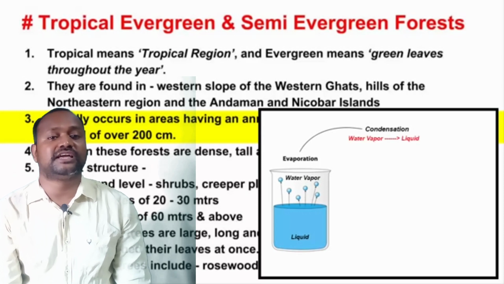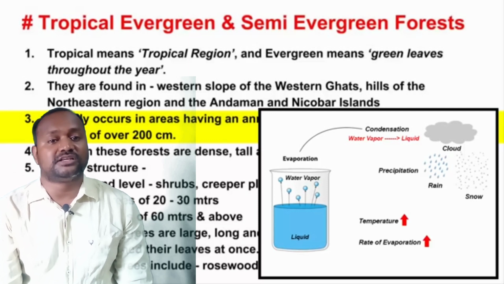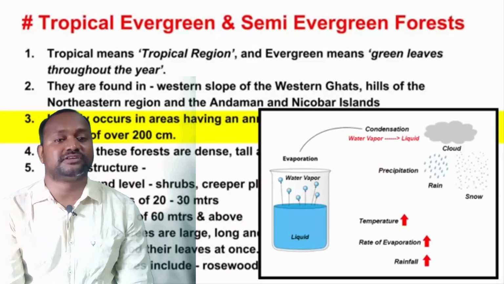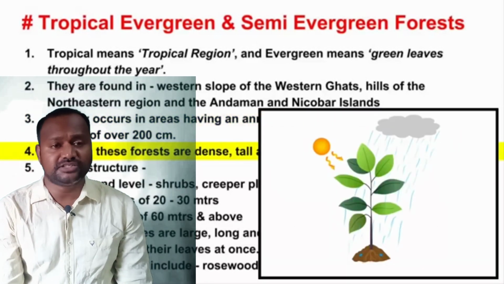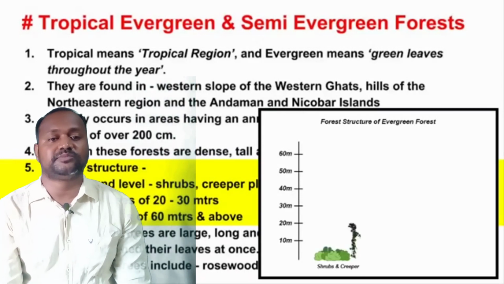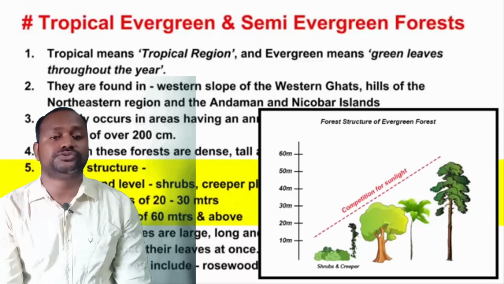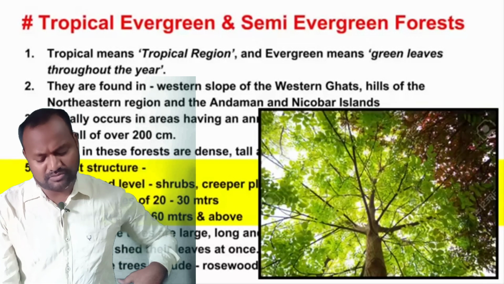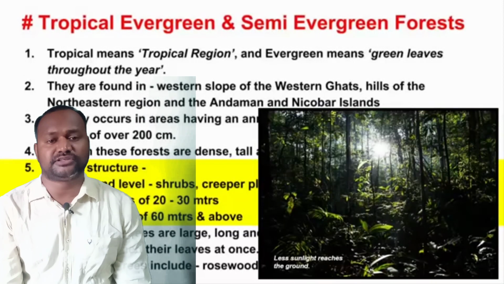These are found in states like Maharashtra, Karnataka, Tamil Nadu, Odisha, Arunachal Pradesh, Sikkim. These are some states where we find the tropical evergreen forest. Let's discuss the trees found in the tropical evergreen forest. In Meghalaya also we have tropical evergreen forest. The trees are mahogany, ebony, rosewood, hardwood, cinchona. These are some, and other trees are also found in the Indian tropical evergreen forest.